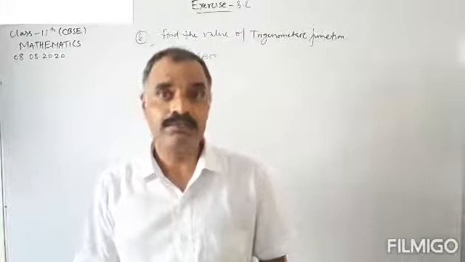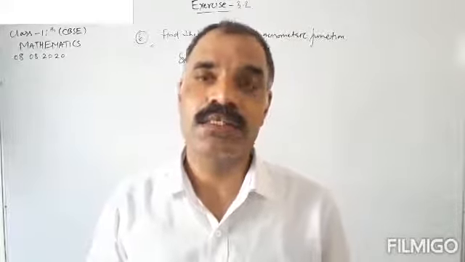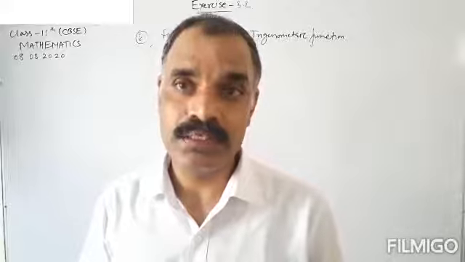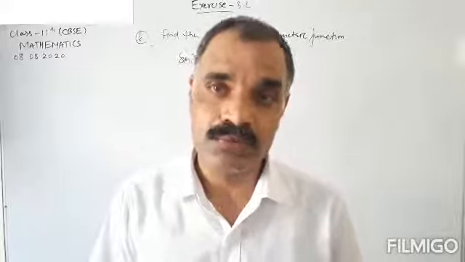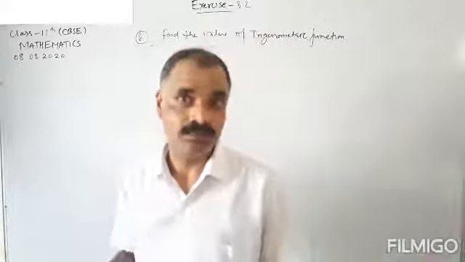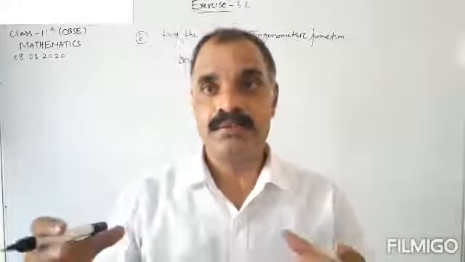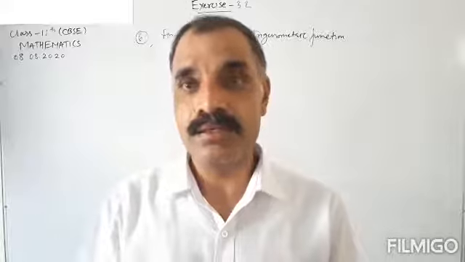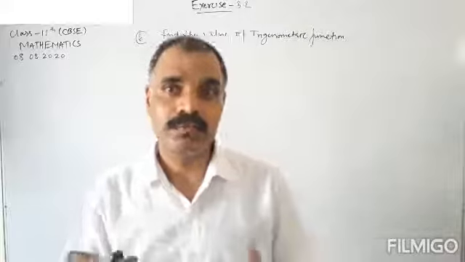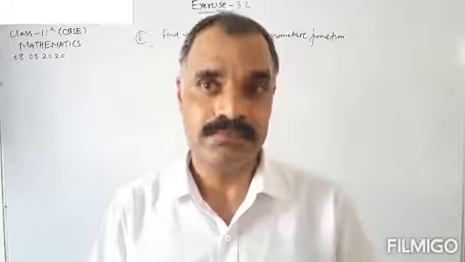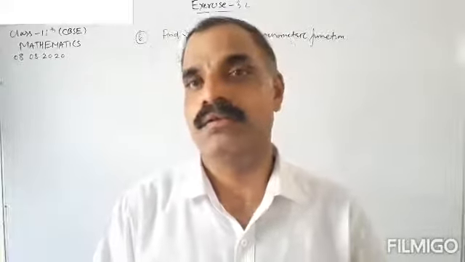You have already found the values of sin. Sin 0 is 0. Sin 30 degree is 1 by 2. Sin 45 degree is 1 by under root 2. Sin 60 degree is under root 3 by 2. And sin 90 degree is 1. You know. But what is the value of this sin 765 degree? It's not an easy way, but not a difficult one also. Okay. This can be found very easily. So how to find the value of sin 765 degree?